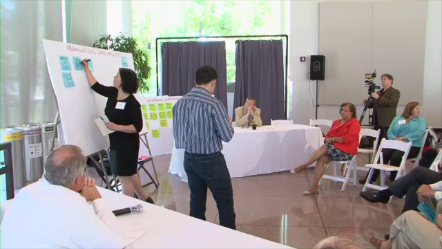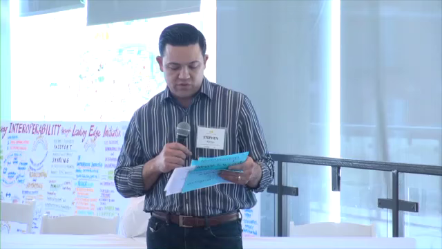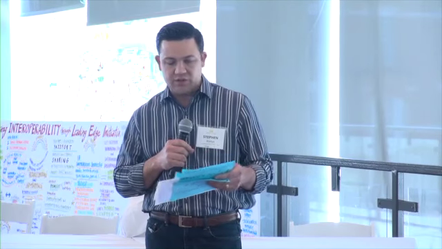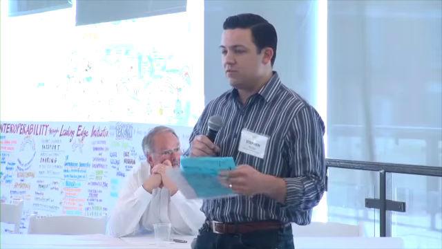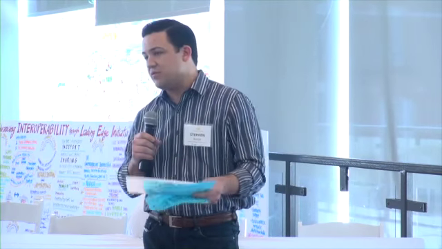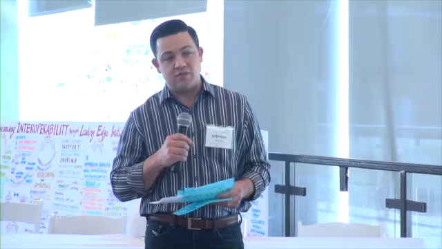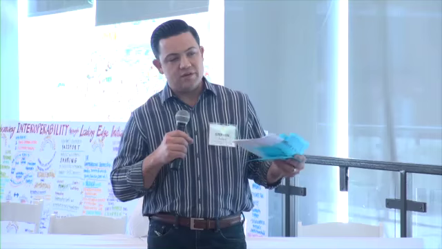And then the last piece was tied to technology. It says here, create a single federal portal for health and human services across multiple federal agencies. This really has to do with the fact that if you're going to ask program staff or different stakeholders to embrace this new vision of interoperability, you have to make it as easy as possible for them and as least disruptive to their daily work as possible. If anything, it should be improving their daily work. So creating a single portal is one way of doing that, where essentially they have one place to go. It makes it easier for them to stay in tune with everything that's going on with the implementation of the project. And those are the four main areas.